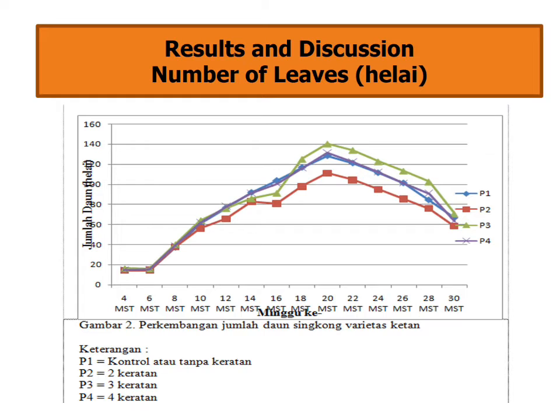The remaining leaves at the time of harvesting the ketan variety of cassava, at the age of 30 weeks, the number of leaves is small and only leaves are left at the top. So this is also in line with the growth of the leaf area,